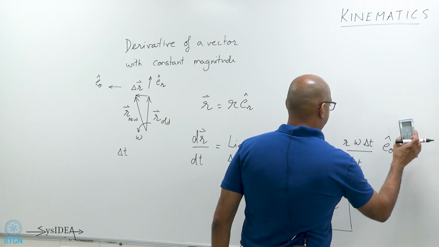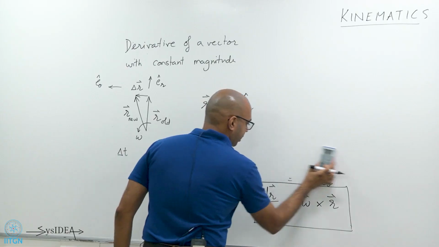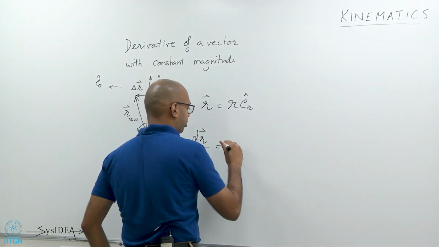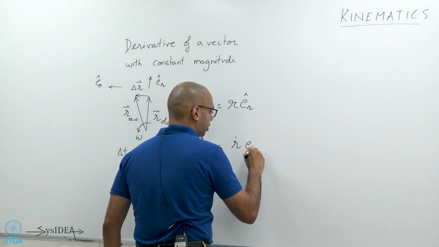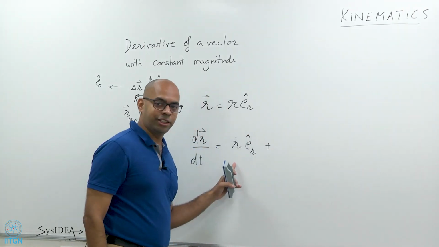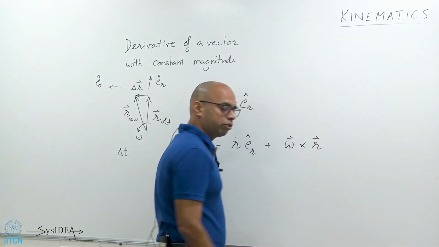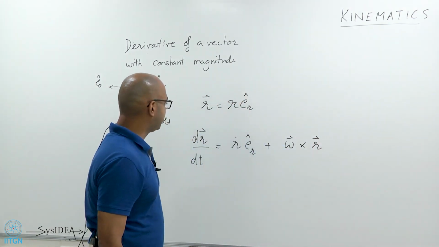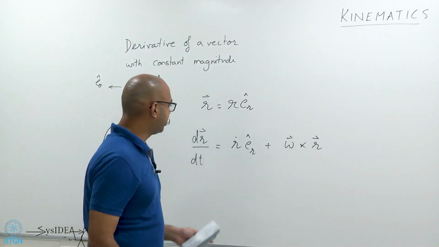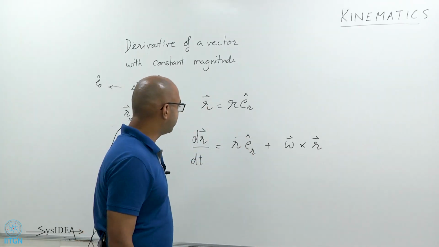Okay. Now, if I go back to a situation where r could also be changing magnitude, then I would have two terms. Just using the product rule, I would get an r dot still in the old direction, which is the term due to change in magnitude, plus I would still get a term due to change in direction. That would be the second term. So, this would be the more general expression for a derivative of a vector, but in most cases we will be dealing with constant magnitude, so we will only have this particular term.